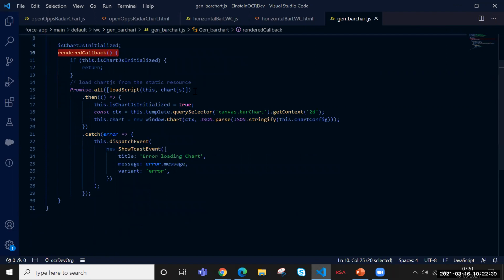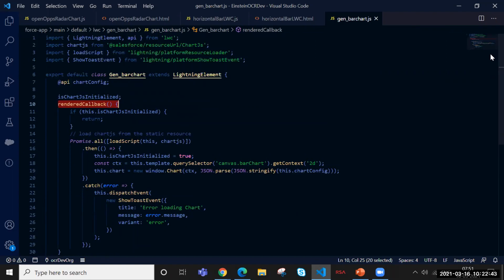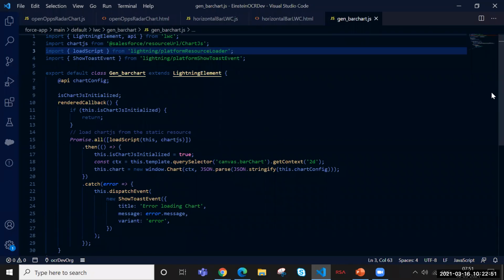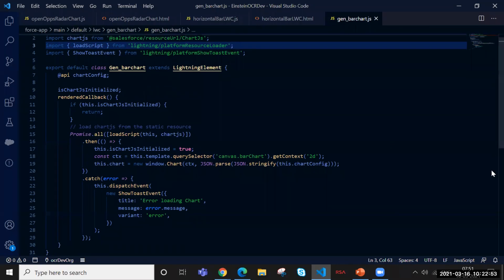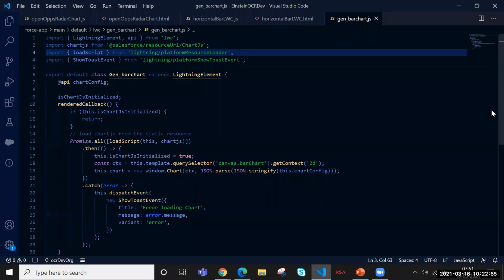I will be loading this Chart.js using a static resource, that is this one. And also, as a best practice, I'm propagating toast messages, that is errors, from child to parent.